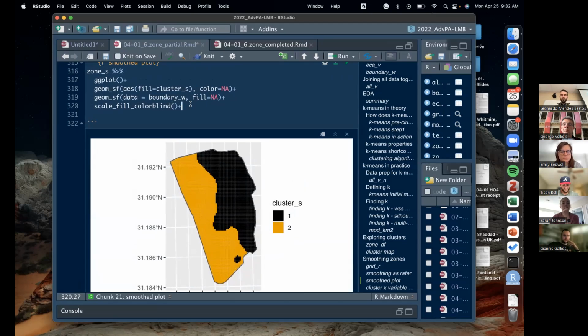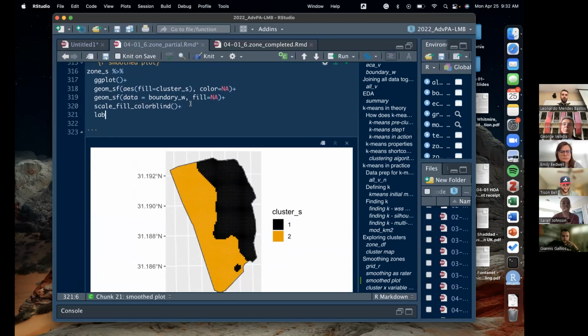The next thing I want to do is add a plus, and we're going to use the function labs to change labels in this plot. In this specific case, I want to change the title. So we're going to say title equals, and then open and close quotation marks. I want to call this smoothed zones, comma, 5 by 5, because that was the size of the focal window that we used, and comma, mean, because mean was the name of the function we used in that smoothing